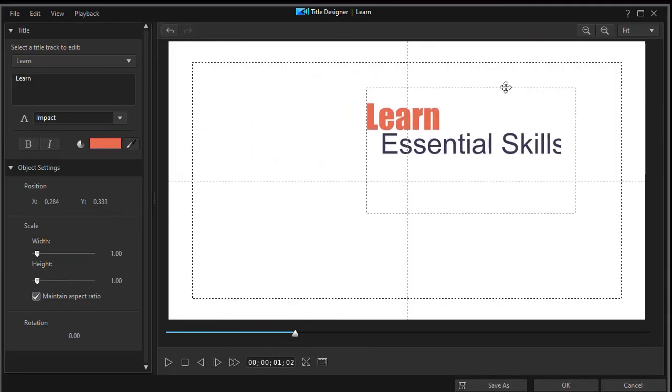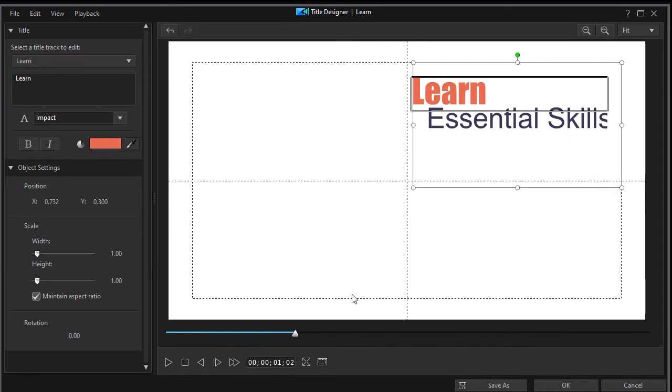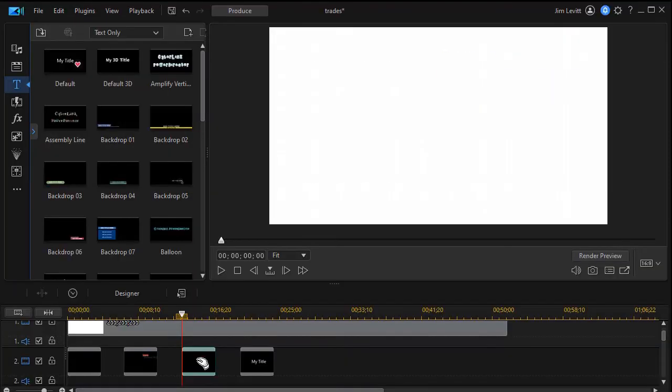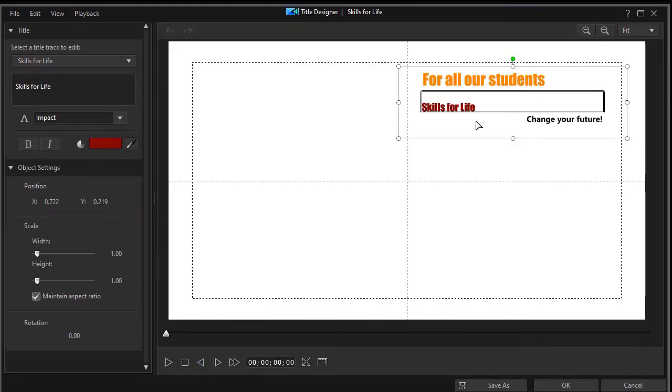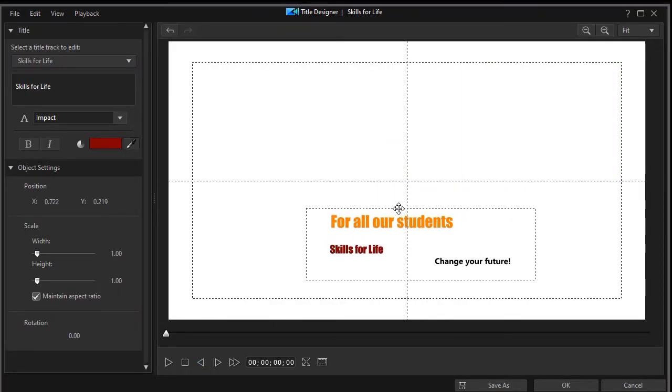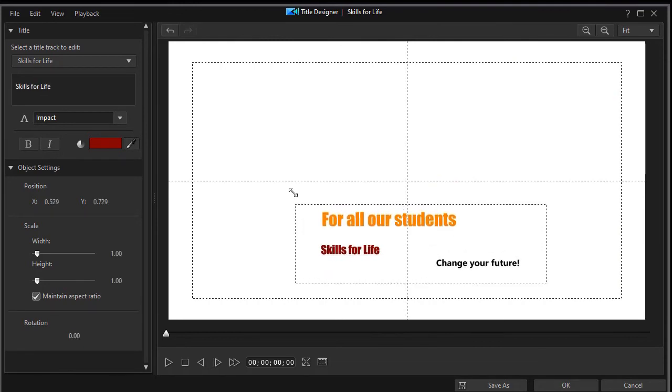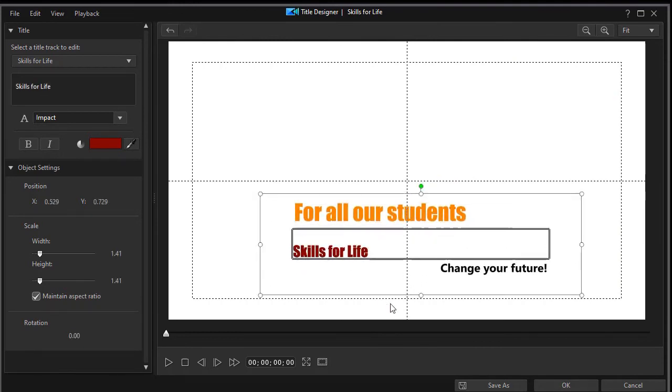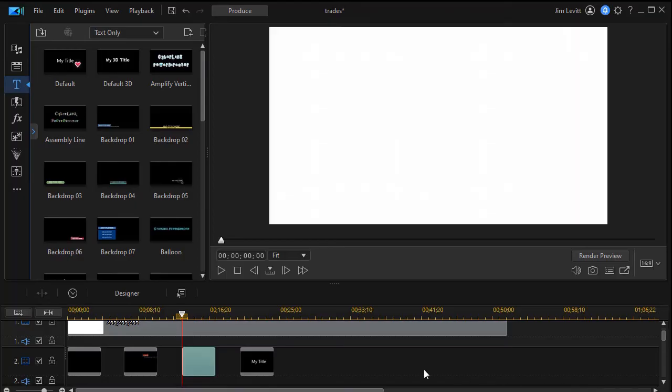And we'll simply move that. It's about the right size. Put it in the second quadrant. My third title I'm going to want in the bottom. So we'll take that and move it down here, and we can actually enlarge it in this case. So now I have my three titles that are going to appear. I'll click on OK. The next one we'll treat as a normal title, so I'm going to double click on that,